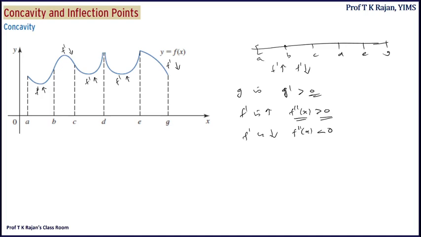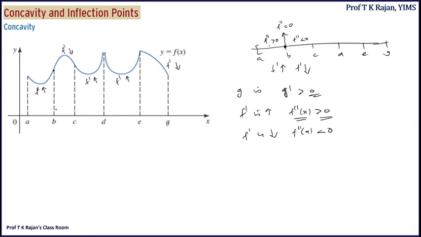So in the interval BC, f double dash x is negative. But there is a point B here. Here f double dash x is positive, f double dash is greater than 0, and here f double dash is less than 0. So when x crosses this B, what happens to this f double dash at B? It is very clear that this f double dash becomes 0. F double dash should exist first, and f double dash equal to 0. So here f double dash exists, but f double dash is equal to 0 at this point.